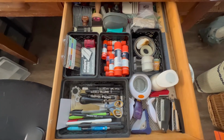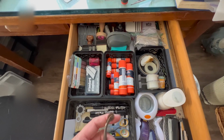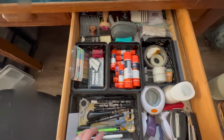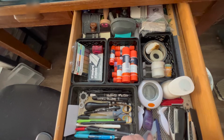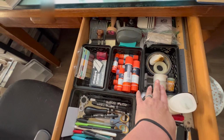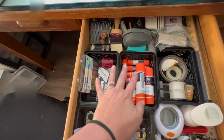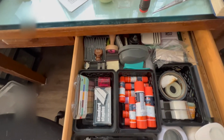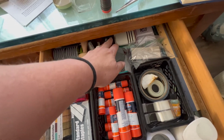Okay, here's the drawer. I have my journaling pins, my distressing tool, this little tool, it's a sewing marker, but I use it to punch holes to make things look like stamps. My favorite little fussy cutting scissors, some other pens, all my staplers, and a corner punch and big round circle punches, my tape distressing area. There's a little bit of masking tape in there. Lots of glue has been pulled from all different places, and now that it's all in one place, I have a lot. Staples, and then my vintage stamps are back here, and my tab punch, some old India ink,